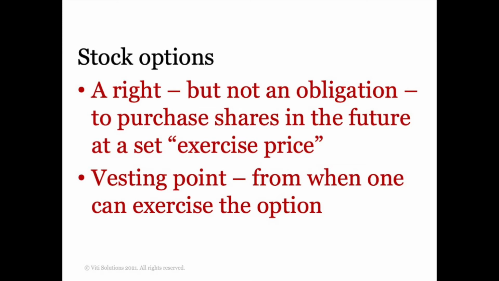The value of that exercise price is usually set at the market level on grant. So that is what's called a market level option. We can have discounted options, or discounted all the way down to something called the nil cost option. And we can have options with a premium attached. So the exercise price is 10% above the market price when we grant it, for example. It all depends on what we're trying to do with the stock option and what the purpose is and how it suits our organization. But it always comes back to the one thing. It's all about the share price.